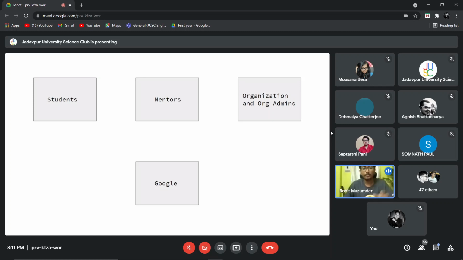The next group of people to talk about is the mentors. As you guys already know, I am a mentor. So what does it mean to be a mentor in Google Summer of Code or in an open source community? Mentors are people who know the code bases. They are not org admins, so we don't have the final say in any decision within the organization. But mentors are people who know the code base of the organization.